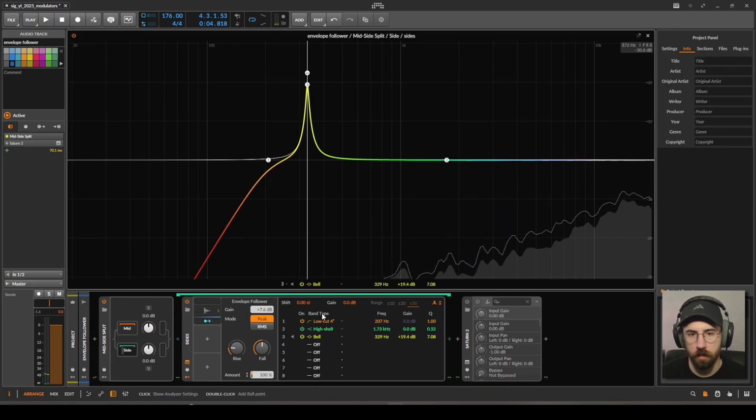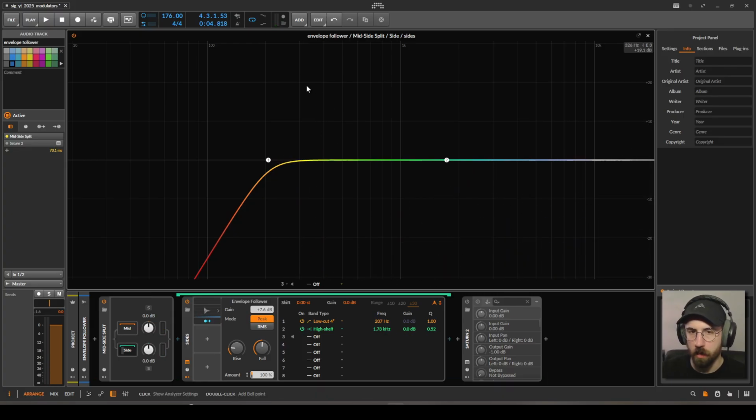So I could map the envelope follower to that peak right there, that bell curve, and then have it jump up and really push the fundamental up. In this case, I'm really just bringing some extra brightness and clarity to the beat. So without it,